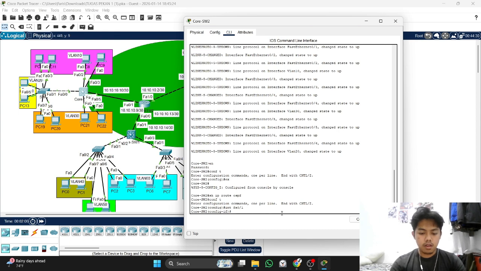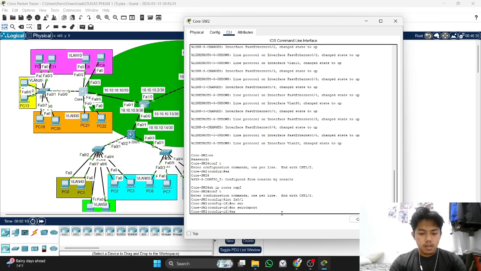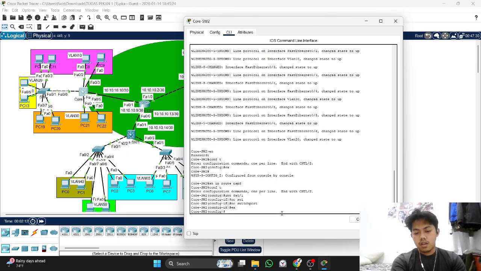To this you write no switchport, so our MLS can configure the OSPF.